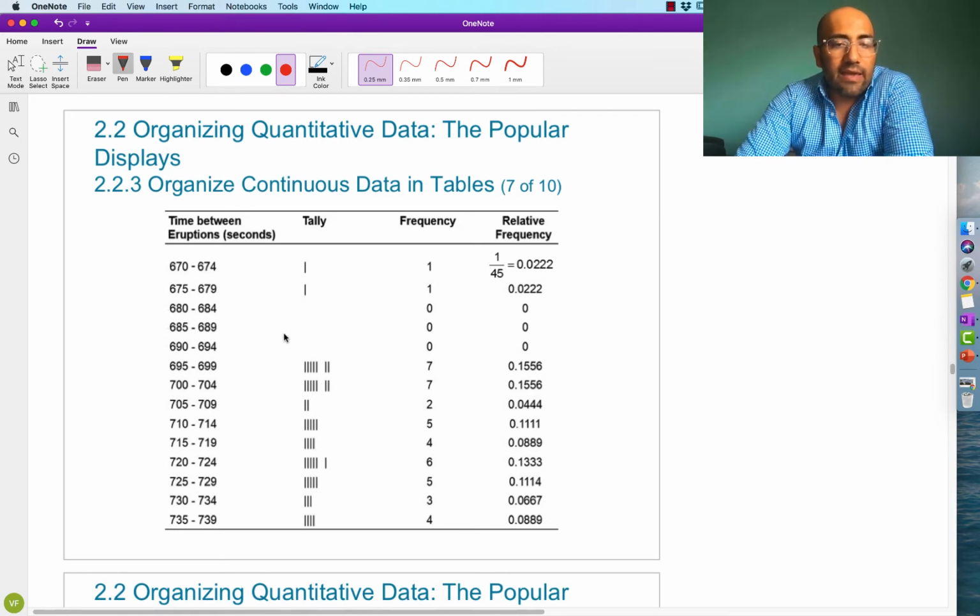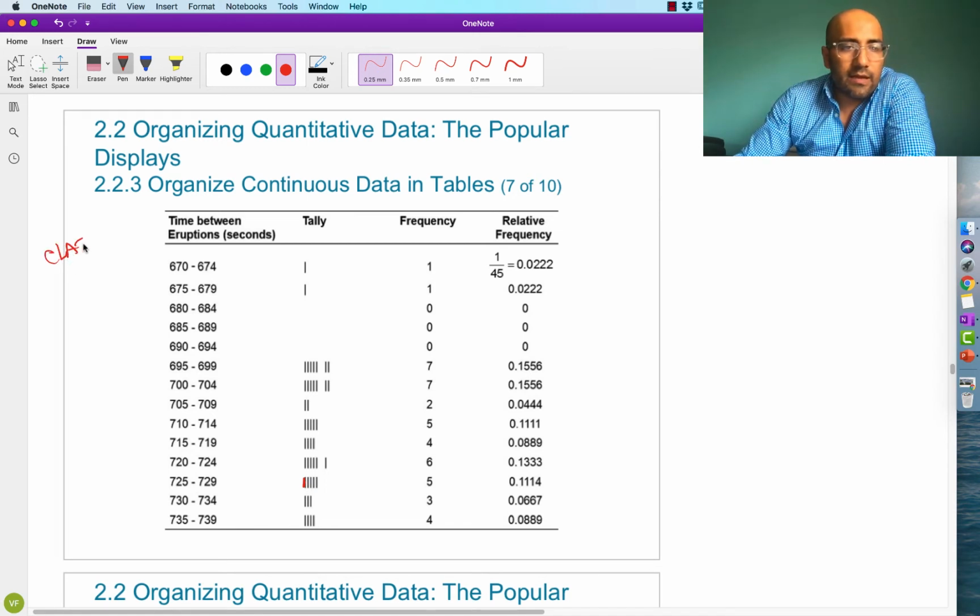And now we go back and we group up our values. So remember, the first one was 728. That means that 728 lands right here, and that's how that little dash happens right there for 728. Good. So we do all the other numbers on here, all 45 of them, and we come up with our frequency distribution table, right? Our frequencies and our relative frequencies. But you know, notice that by having a class width of 5,